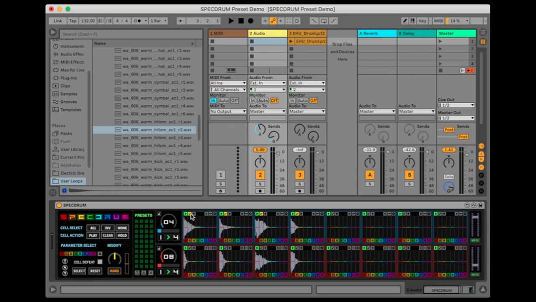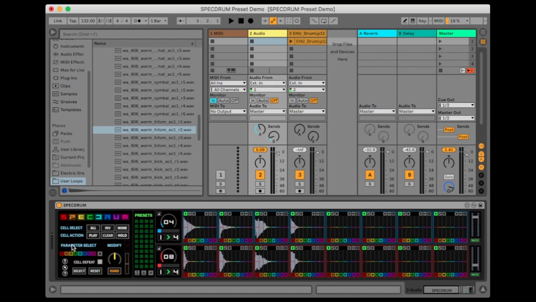And same with hold. So as I'm clicking the hold, obviously it's toggling the hold status of the cells, and the same with clear. I'm not going to do clear because I'm going to have to load the sample back in. And that whole section is to do with operations on whole cells,